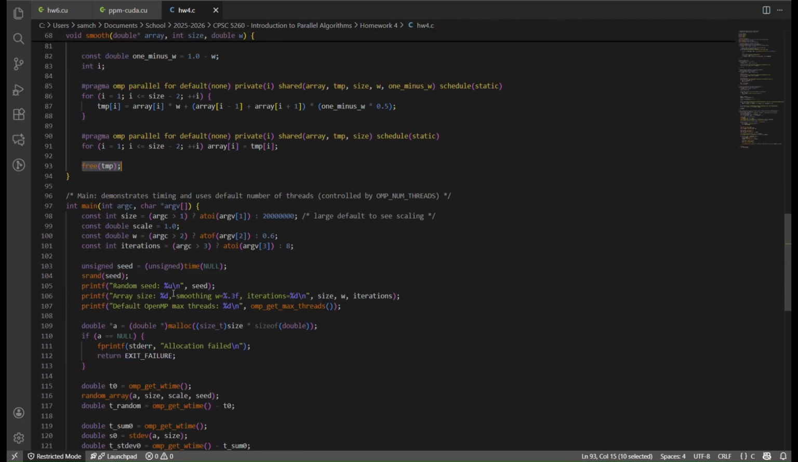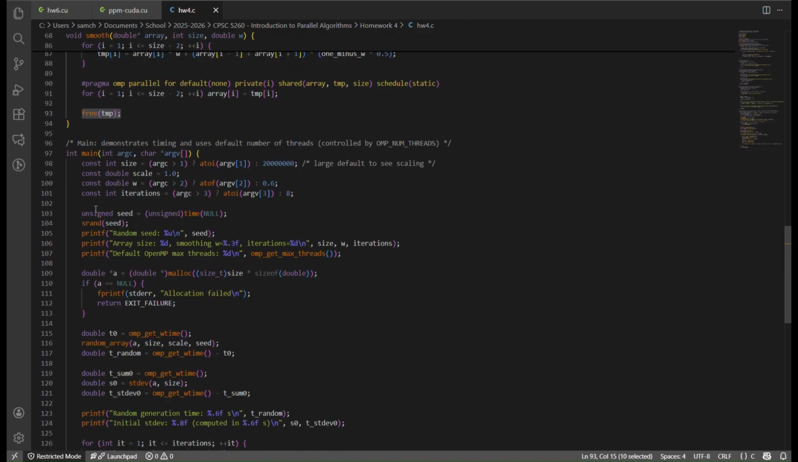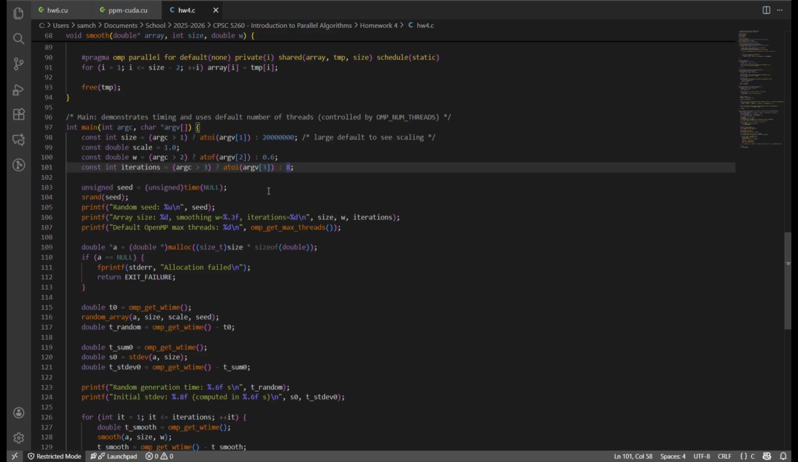So that's all of our functions. Here we move into the main. Right now, the size of the array can be taken as a user input when it's running the script, but for right now it's just set to a very large default value, so we can see the scaling. So it's very slow for a low number of threads and gets faster for a larger number of threads. Next up, we have the iterations. Again, this can be taken in as a user value, but right now it's just set as 8 as the default. After that, we just make a random number seed for that, output some stuff to the terminal,